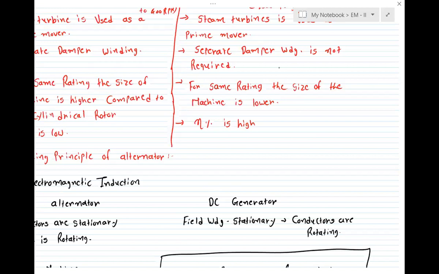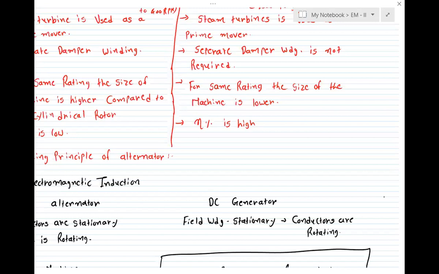Simply, we have to find the value of armature resistance RA by giving a DC supply, and the resistance value you get, you simply multiply it by 1.5. So you get the actual armature resistance. Then we find the characteristics. We plot the open circuit characteristic and the short circuit characteristic. The open circuit characteristic is plotted between the field current and the no load voltage, and the short circuit characteristic is plotted between the short circuit current and the field current.